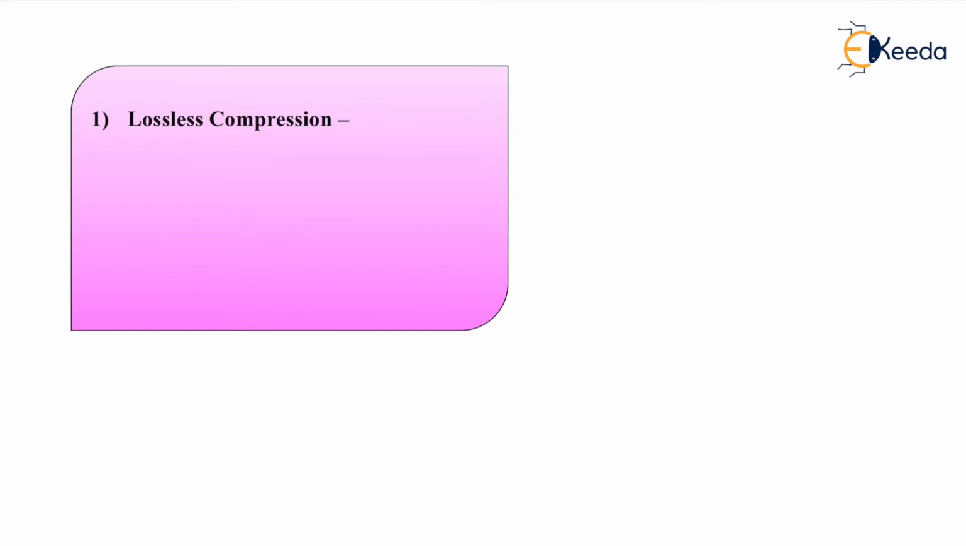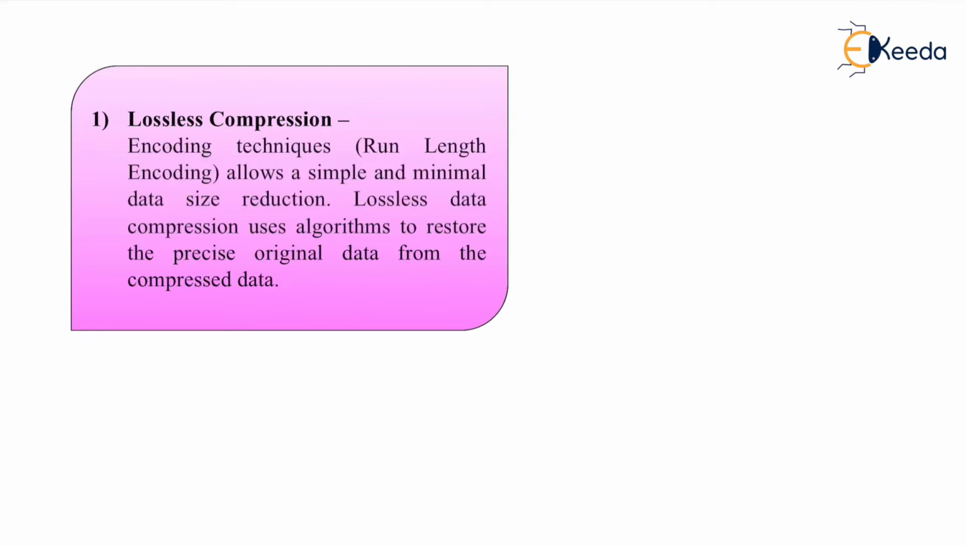First is lossless compression, that is, encoding techniques like run-length encoding, which allow a simple and minimum data size reduction. Lossless data compression uses an algorithm to restore the precise original data from the compressed data. Then,